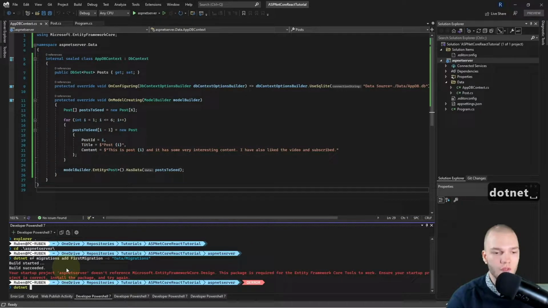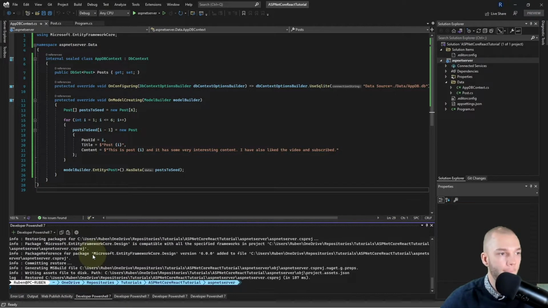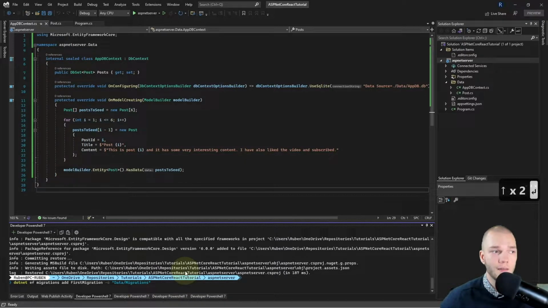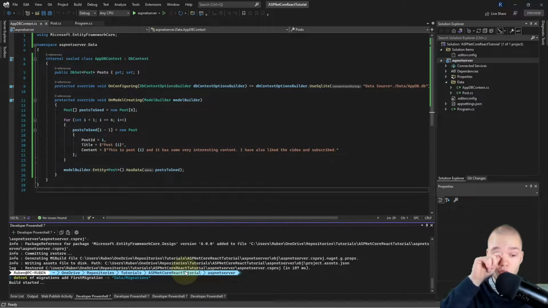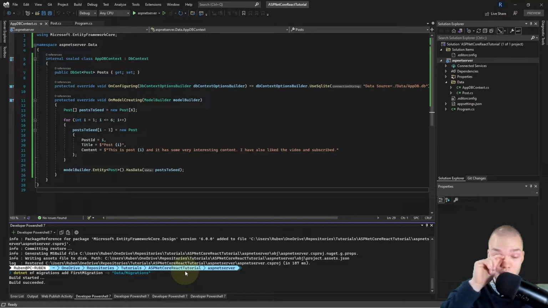So I'm gonna do .NET add package, and then copy and paste this package name. So I'll select it, right click, and right click on my current line in the terminal, and then I'll hit enter. And there we go, we see it installed the NuGet package with version 6. So let's try the migration again by hitting the arrow up key twice and hitting enter. And that should complete within a few seconds.